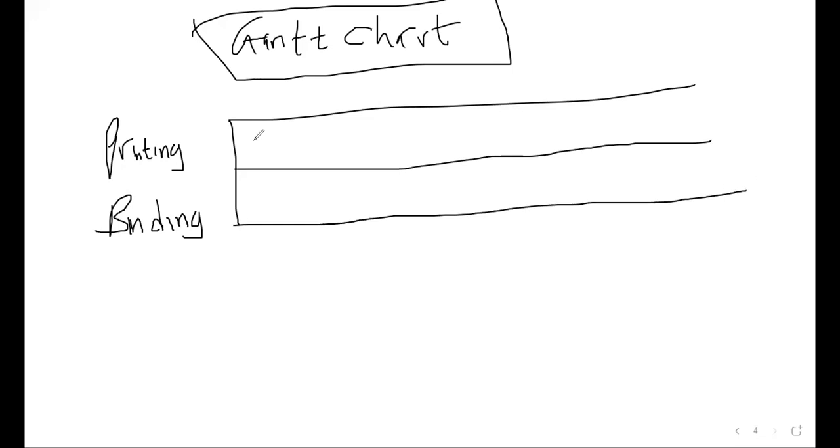So what it means here is that we are following the sequence, okay? The sequence we are following is the F, C,